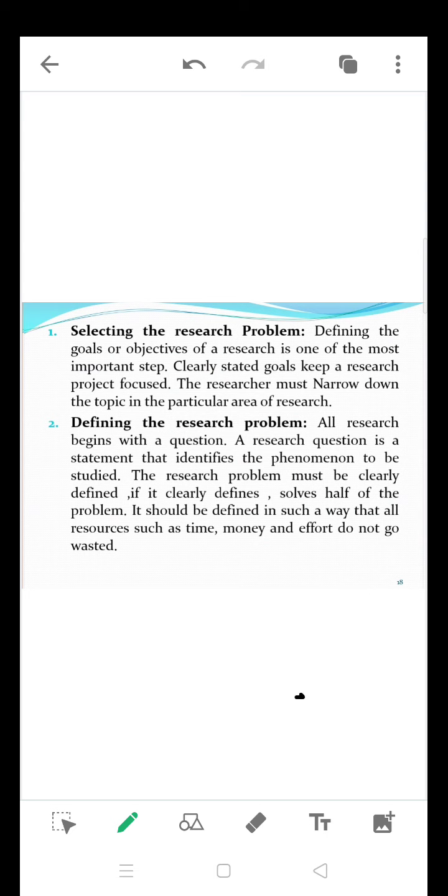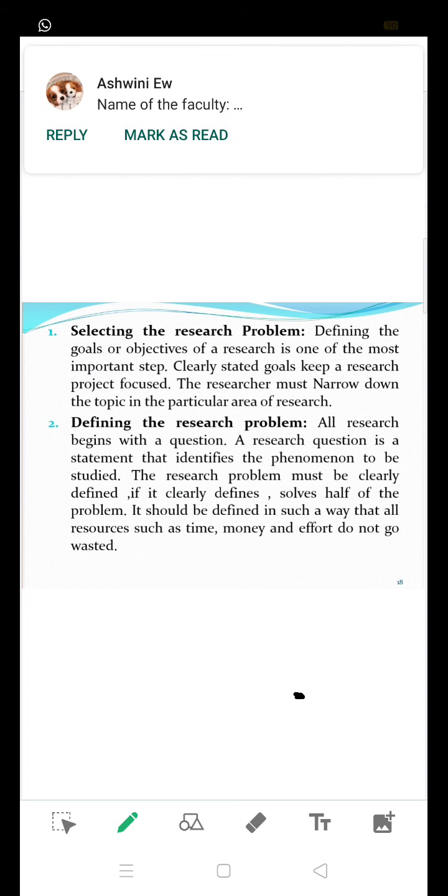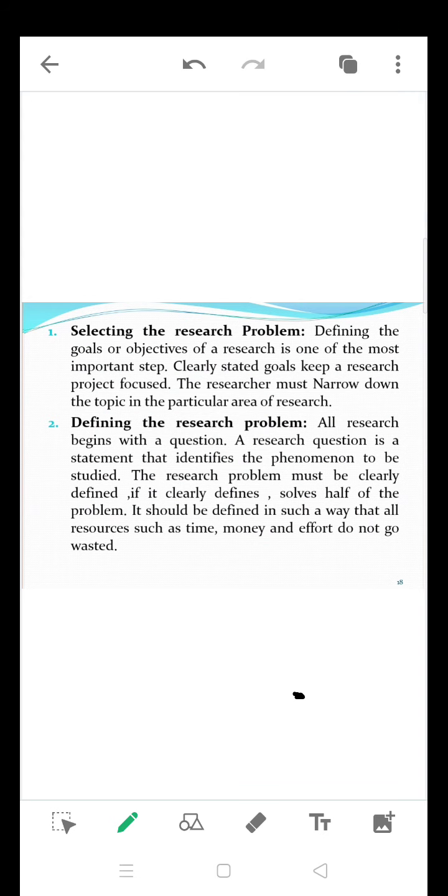So before starting a research, you must understand what exactly the problem is, because if you do not understand the problem clearly and there is no clarity about it, whatever data collection, investigation, analysis and report making you do is a waste of time and cost. That is why at the initial stage itself you should clearly know what the problem is to do a research. That is all about the first point.